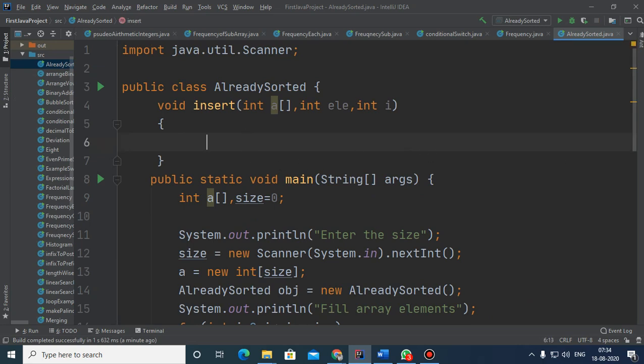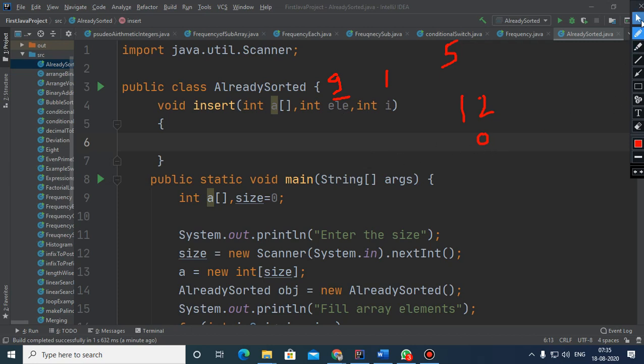So first of all we have to see what is the current status of the array. Children, suppose the size of the array is 5 and the first element is 12, and it is at index number 0, and the next element when we call this function is 9, and suppose the value of i is 1, it means that at index number 1 we are supposed to fill this, but we have to see what is the status of the array, and we have to search the index number at which this 9 will go.